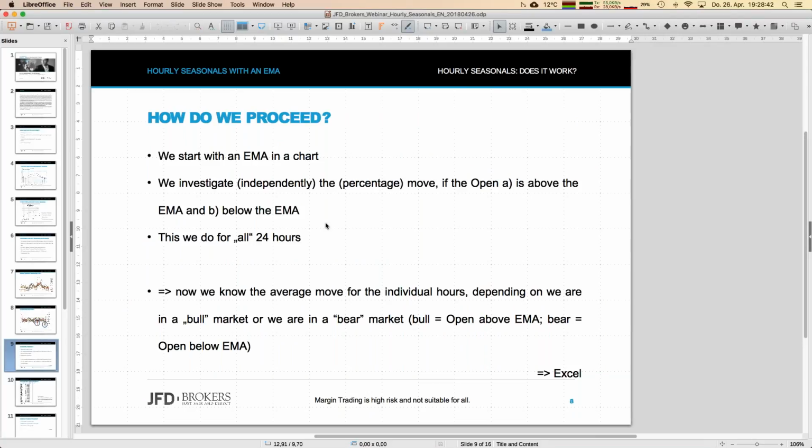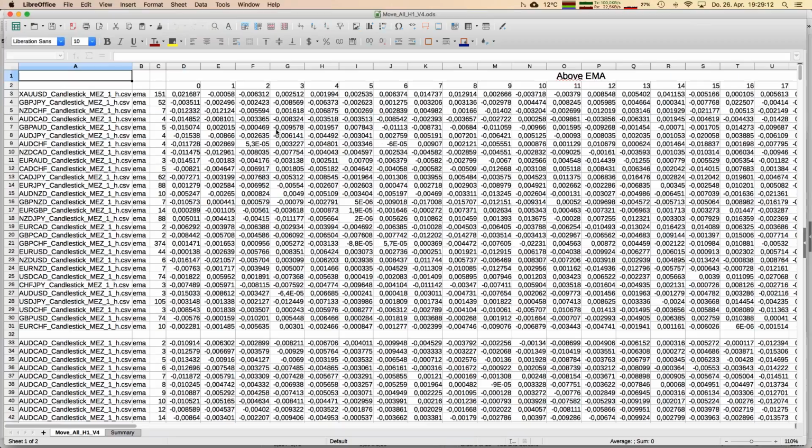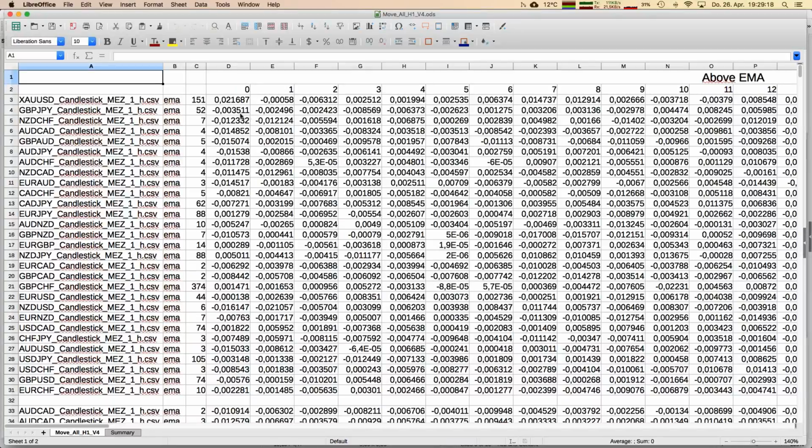So the final thing we want to know is that kind of edge for a certain situation, above or below EMA, and then what is the most probable next candle? Is it a long candle or is it a short candle? Let me directly jump into what I have done, and let me explain that Excel sheet, and I will enlarge it a little bit, and I hope you can follow me right away. First, in that line,